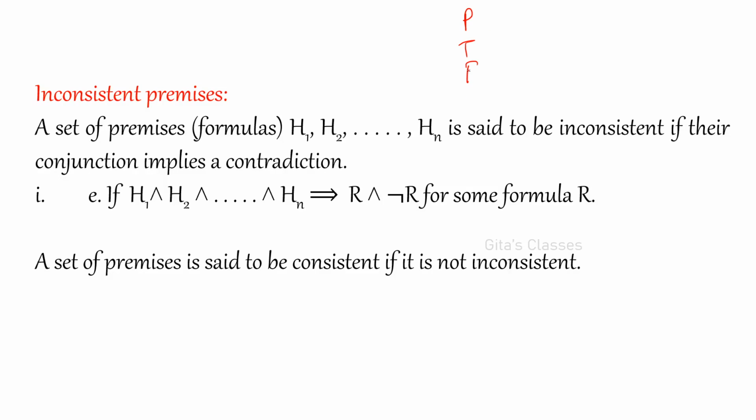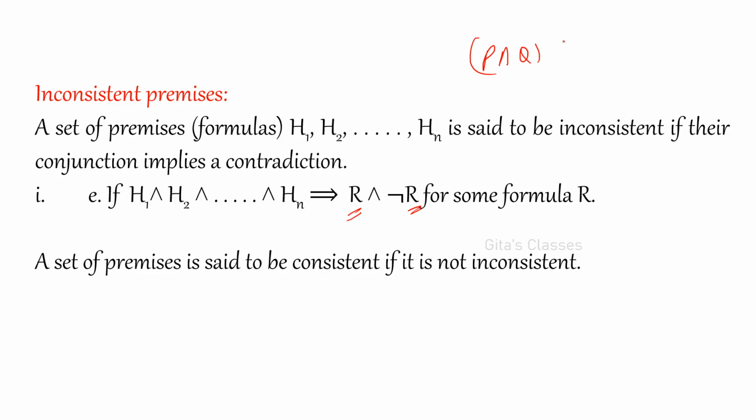P means TF, right? Not P is FT. Negation of this. So P and not P, what will you get? T and F, F. F and T is also F. So this is false. Everything is false. If all the values are false, it is called contradiction. Okay. That is why P and R and not R. This R, it need not be a single variable. You can have a formula for this. Okay. That is P and Q.